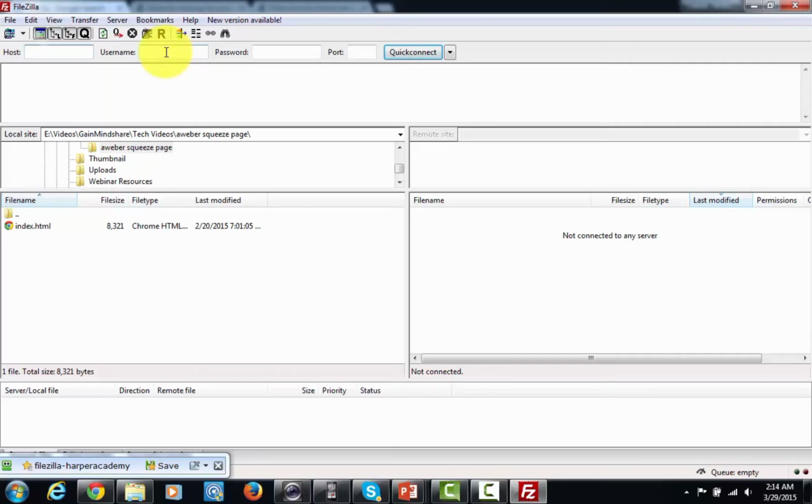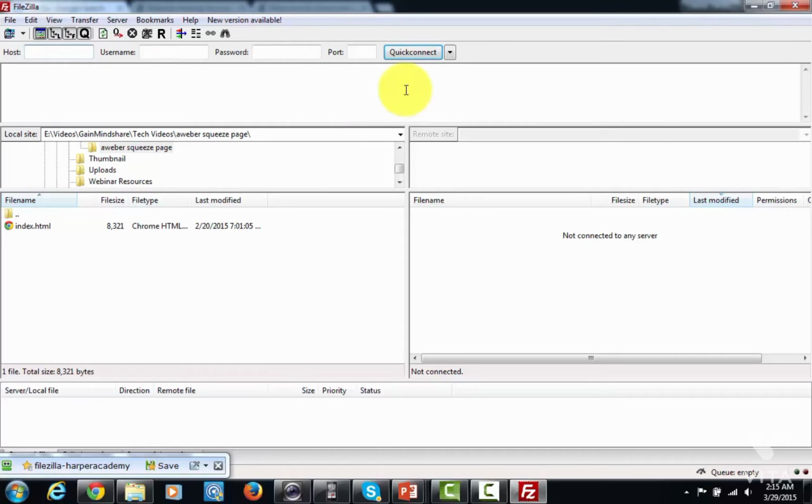It'll typically come in an email, and you're going to use that information in order to log in. You're also going to get a password from your host. You'll be able to use that password for this domain name and this hosting, and that will allow you to log in and get into the back area of your website. You're going to see one other box here, and that's the port area. You're not going to use that too much, so for the most part, if you use HostGator, you'll just be able to use these three boxes